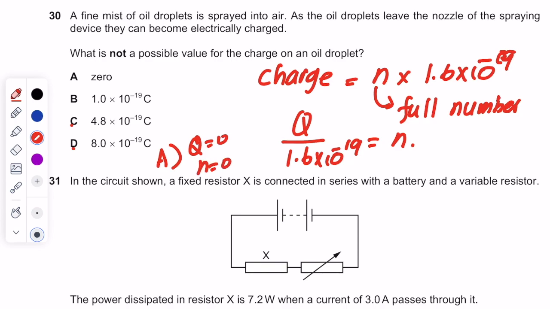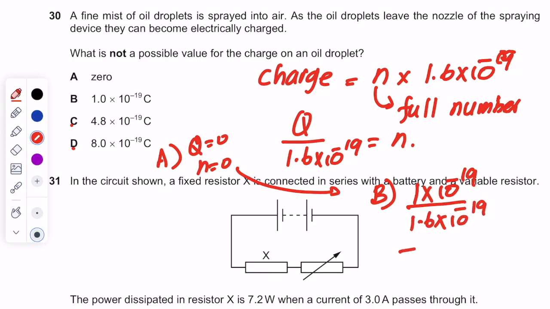But if you look at answer B, charge is 1 times 10 to the power of minus 19, and the charge of an electron is 1.6 times 10 to the power of minus 19. This is something like 6 point something, right? 6.2. That's not a good answer. It's impossible. If we check answers C and D, they give n equals 3 and n equals 5. So answer B is impossible. It has to be a full number. So the answer for question number 30 is